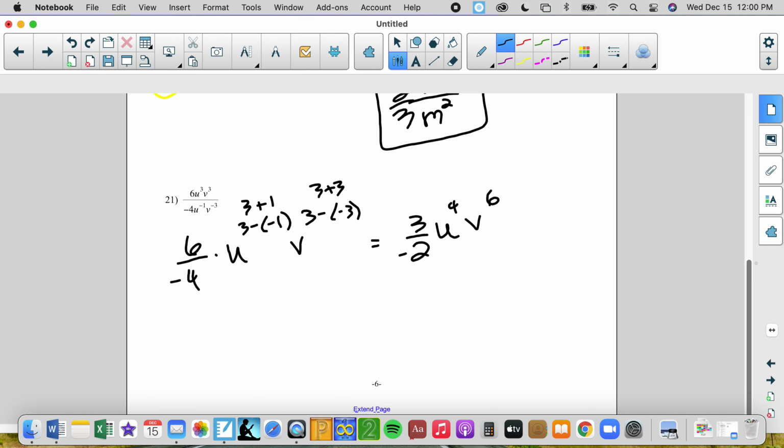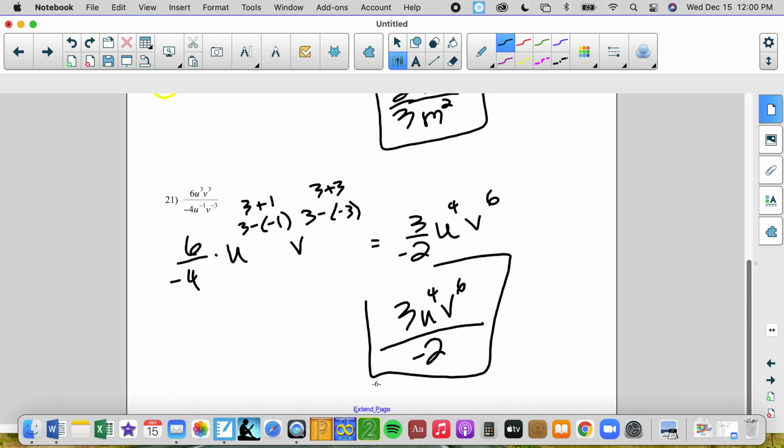I'm okay with that answer, but I'd rather see 3 u to the 4th, v to the 6th over negative 2. That negative can be in the numerator, denominator, or outside of it. Doesn't matter. So this is okay as long as you make it look like these are in the numerator. Make sure that they don't look like they're down here. Once you start putting them down here, then I'm going to have a problem with it because I can't tell. So make sure it's even with this division bar, or you can write it like this, which is how you're going